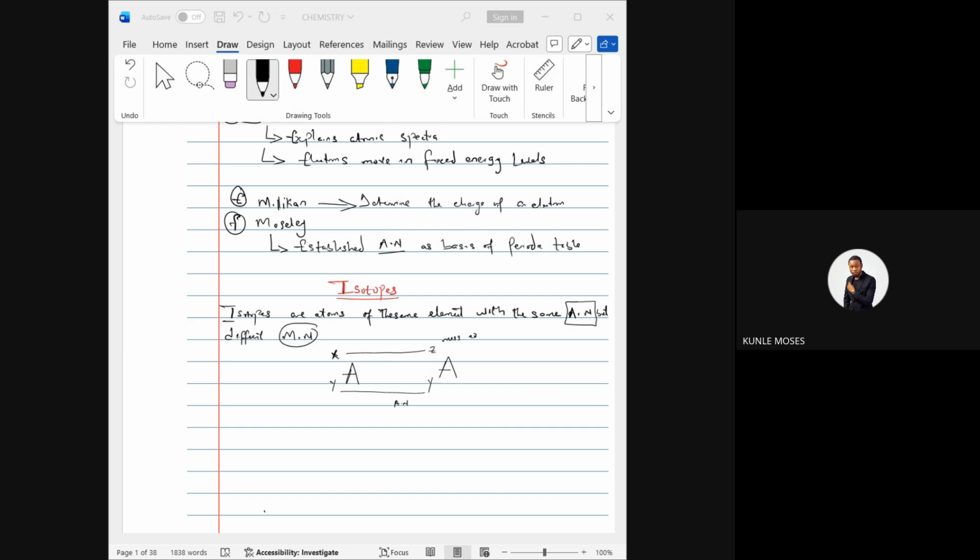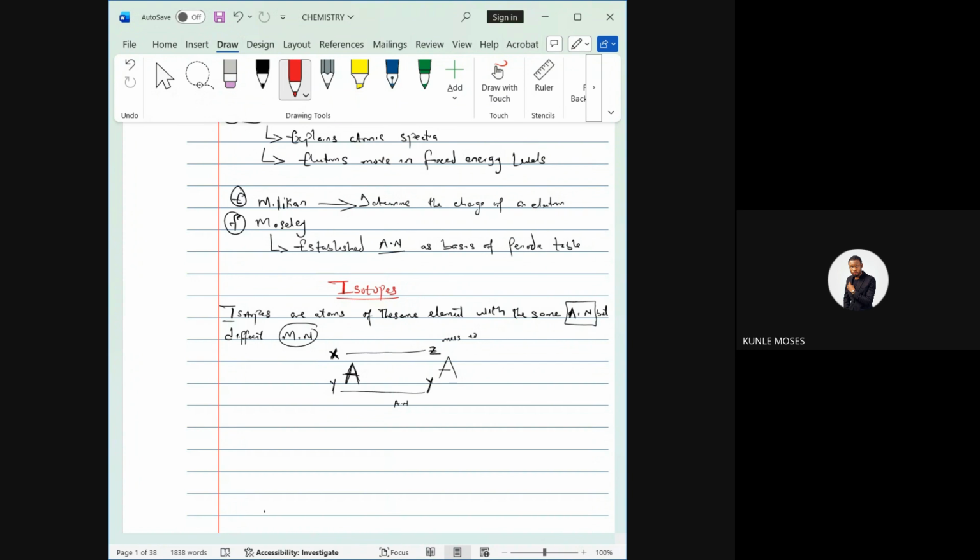Sorry, I lost my network. Let me recap again. If you look at the top here, you can see the first isotope, the first behavior of this element A. It has X at the upper part and Y at the lower part. Later, it still has Y at the lower part, but the X has changed to Z. The one at the top is what we refer to as the mass number. You can see that it's changed from X to Z, right? That is the mass number.